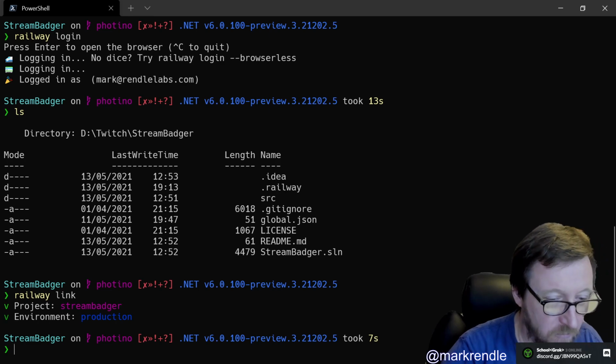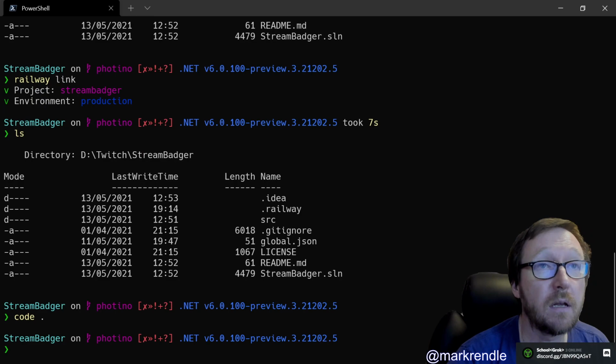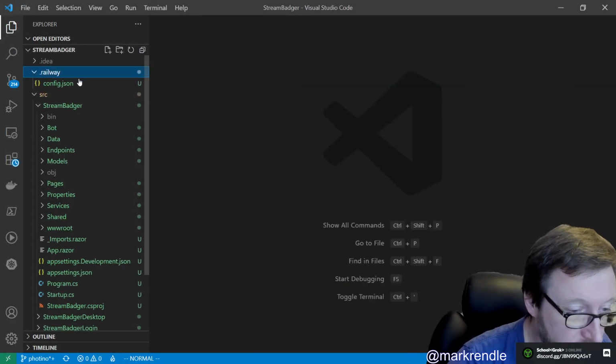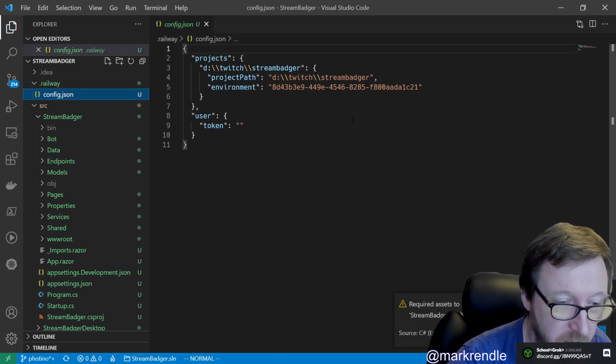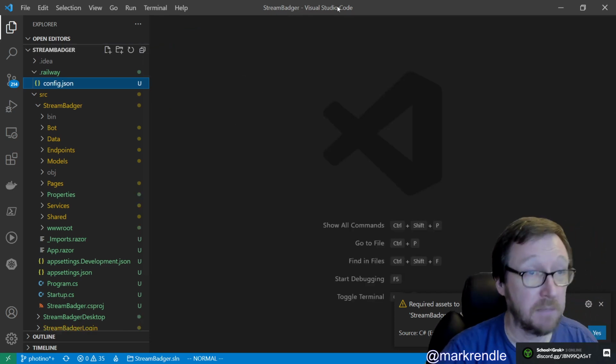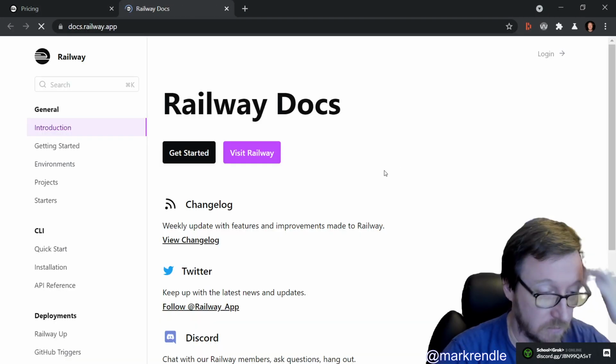So apparently I've now linked this directory. Let's take a look at what's suddenly appeared, because I've now got a .railway directory, and there's a config.json in here. The project path is d/twitch/streambadger, and the environment is this, and the user and token, for some reason, doesn't have anything in there. Okay, so if we go back to here and go to docs,